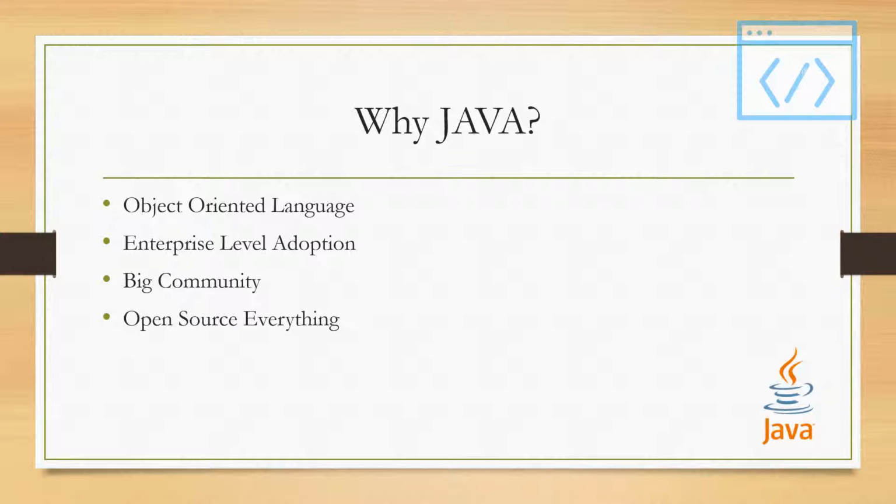There are too many libraries, and it becomes hard to pick which one would really be the best for your problem. So those are probably where this big community and open source everything might cause a little bit of a hiccup. But other than that,